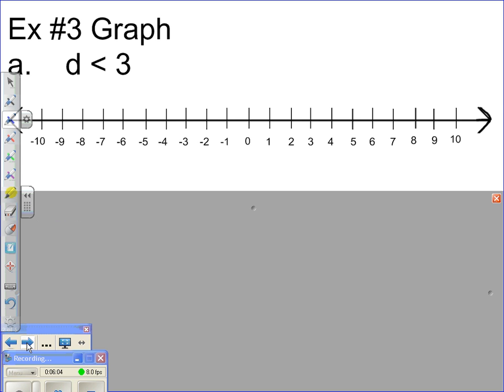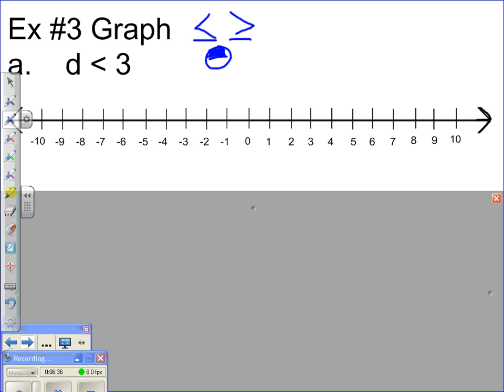Now, the way we graph on a number line is we put a circle or a dot on the number line at the number 3. Does anybody know how to tell whether you put a circle or a dot? Yes? Okay, someone else? That's correct. When you have a less than or equal to, you have the line underneath the inequality,